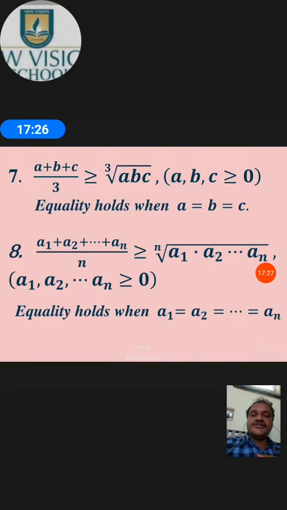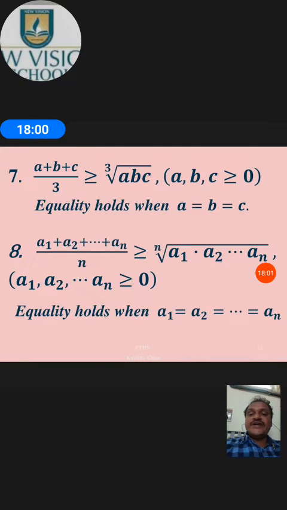Now another important inequality: (a plus b plus c) by 3 is greater than or equal to the cube root of abc, when a, b, c are all positive. Equality holds when a equals b equals c. It is also a very important inequality. Now generalizing this,